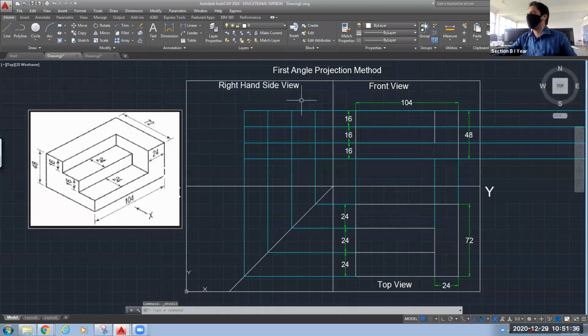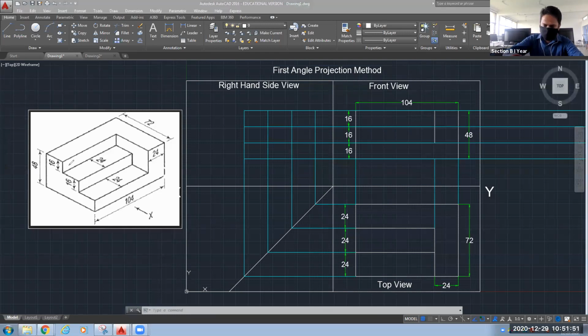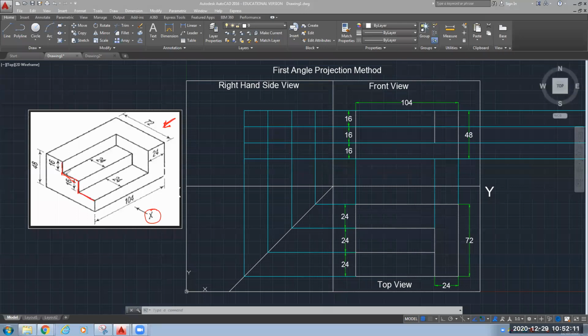Click somewhere outside. Now, from the right hand side, if you look at this, will you be able to see these lines? Let me draw using annotation, then you will be able to see this. I am talking about if we are looking from the right side, this is the observer. From this side, will you be able to see these lines? Yes or no? No, sir. No, we will not be able to see this line. So we have to make this line a dash line or hidden line.